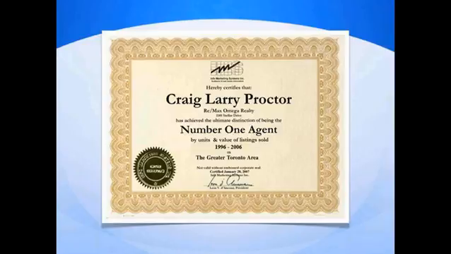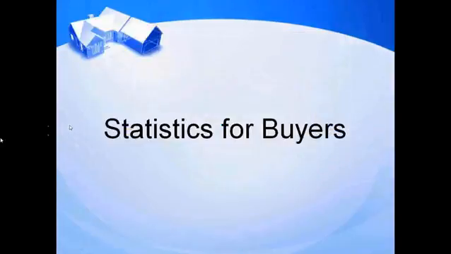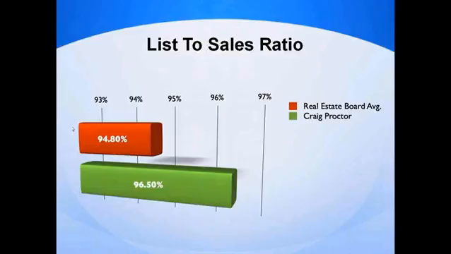We talked a lot so far in the webinar about statistics you can use when you're dealing with sellers, but what about buyers? Well, here's a great stat that I use with buyers, is the fact that my buyers on average are paying less than the board average. See, we want to do the flip opposite when we're representing a buyer. When I'm representing a seller, I talk about the fact that, on average, I can get you 2% more than the board average. But with a buyer, my strength is in negotiating the lowest price. So how many of you, if you do the research, will find that the price your buyers pay, your list-to-sales ratio, is less than the board average?